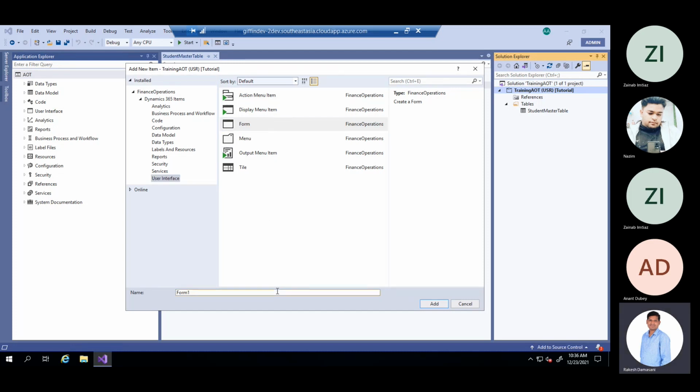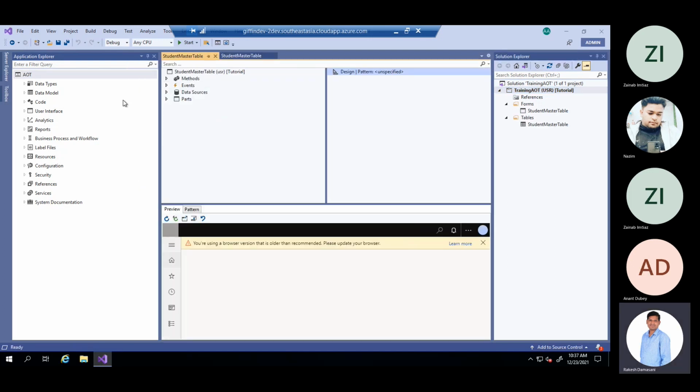Mostly, the naming convention is to use the same name for the table and the form. Again, here it will be student master table. The naming we use here is camel case: S is capital, master M is capital, and table T is capital.